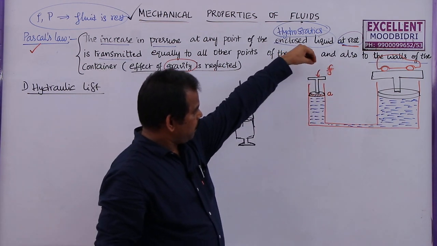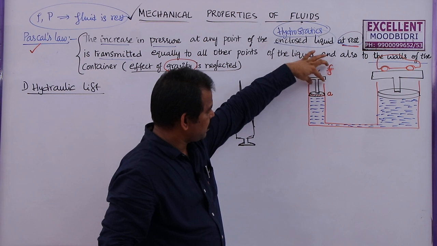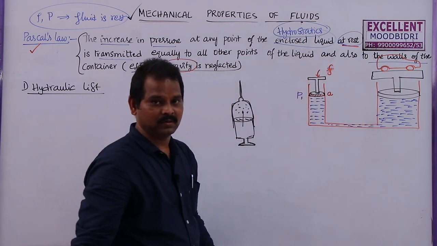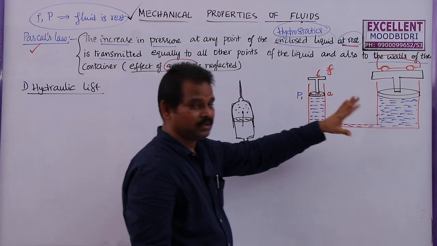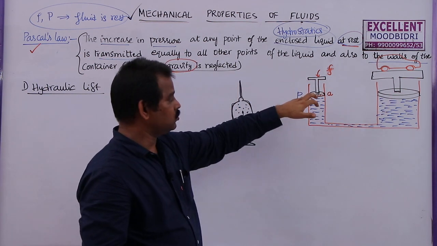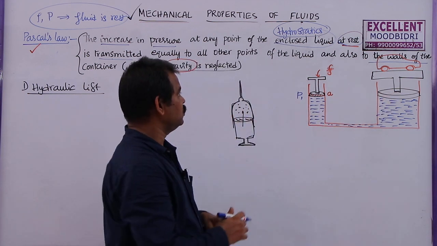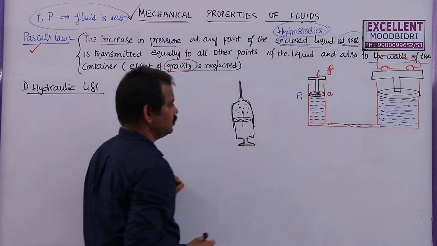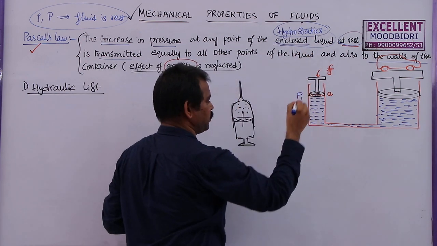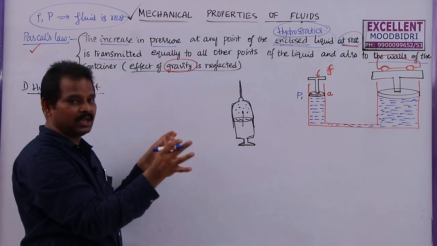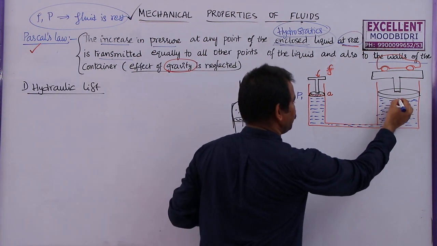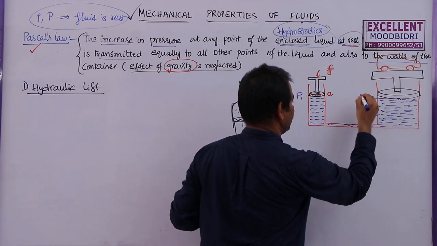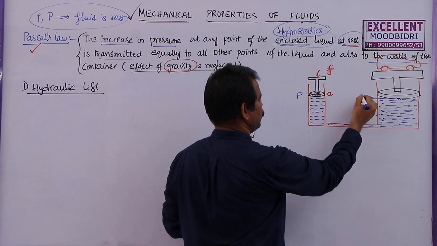Now if we apply force on this particular area, a pressure P1 will be created here. As this liquid is at rest, not moving within, because it is enclosed by the two pistons on both sides, the liquid is at rest and also enclosed. That's why the increase in pressure at a particular point will be distributed equally in all directions. So what is the pressure acting on this piston here? This is also P. If it is P here, it will also be P there.